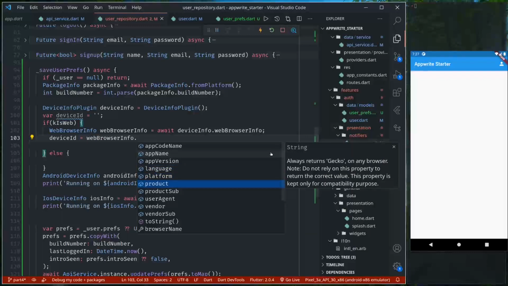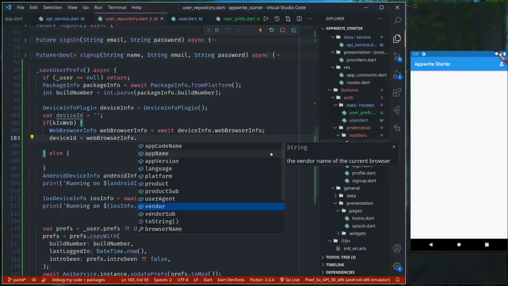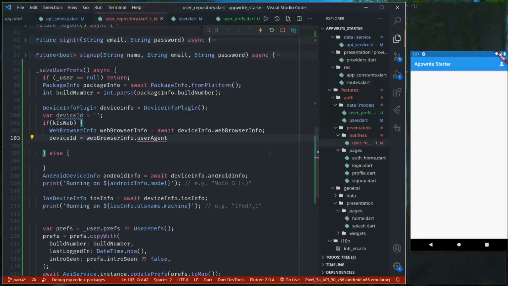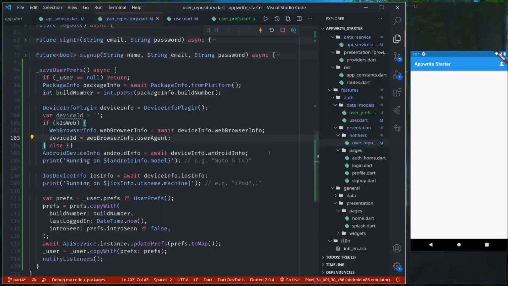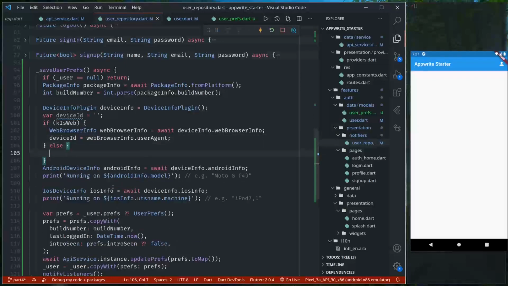Do not rely on the build number of the current browser. Let's use the user agent. This could be the device ID for the web. So else, what we can do,